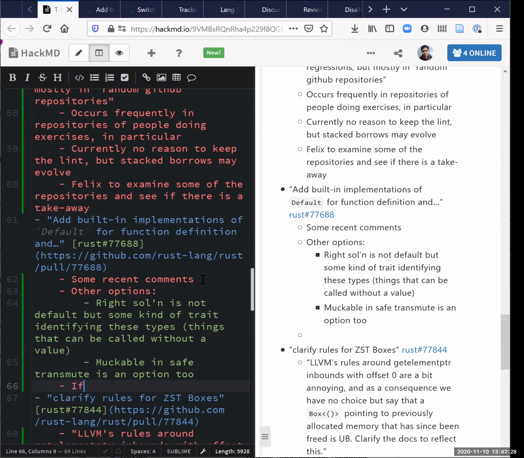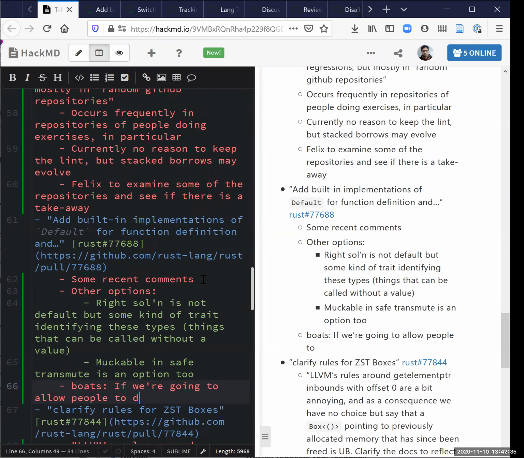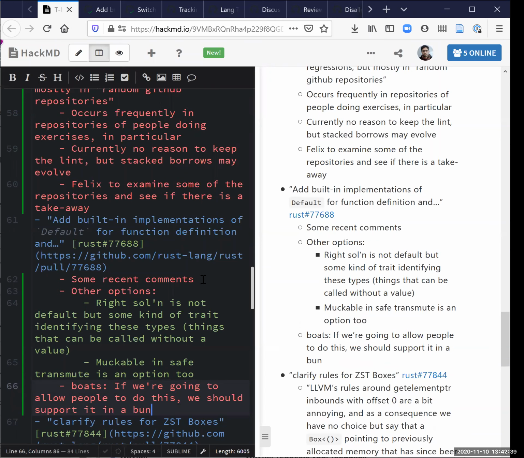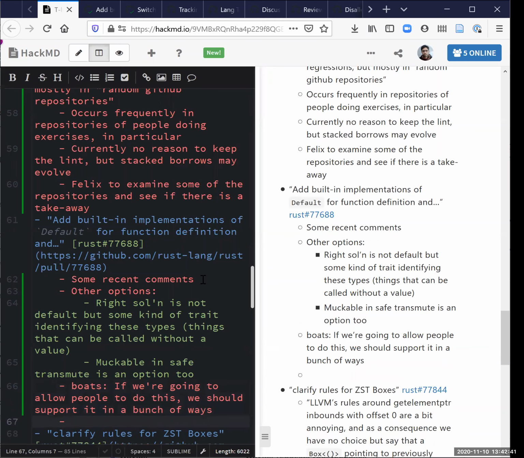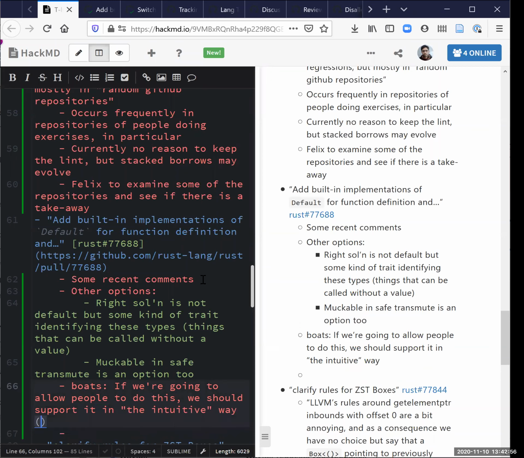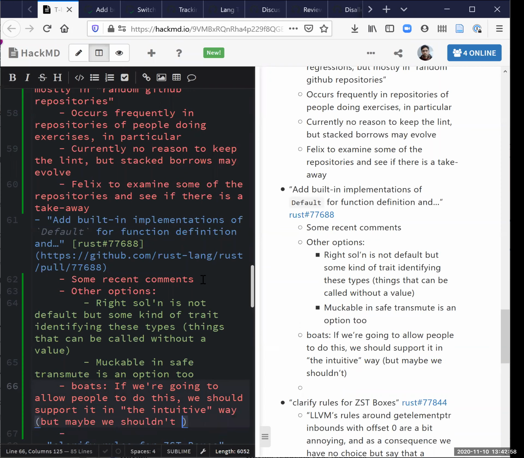I think it's perfectly reasonable. I also think any code that needs this is really weird. I don't mind not supporting the behavior, but I definitely don't think we should introduce a new name that users have to learn in order to access this weird behavior that they want. I think they should just be able to do it the intuitive way. That I definitely agree with. We shouldn't introduce some other trait that does this instead of Default, and not introduce Default. I would argue we shouldn't do either, but I agree with the statement that we shouldn't do the latter and not the former.